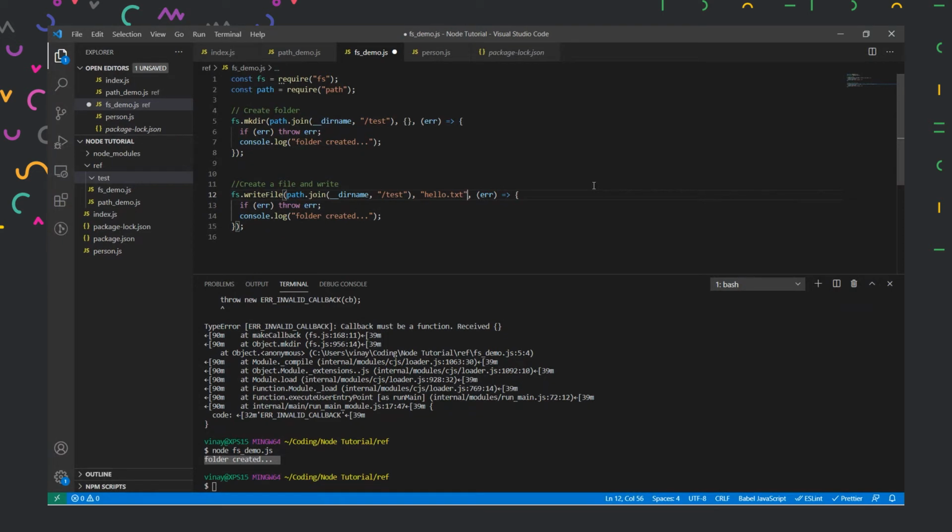Now we need to implement the function. So what do we want to pass into our file directly? That could be our fourth parameter. So now I'll type it. The file called hello.txt should have hello world written inside it, and then we could use a callback. Now let us write the callback, file created, and return.